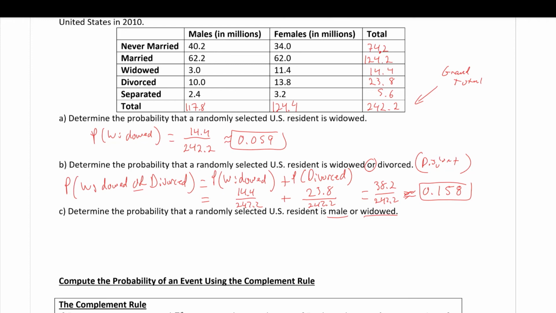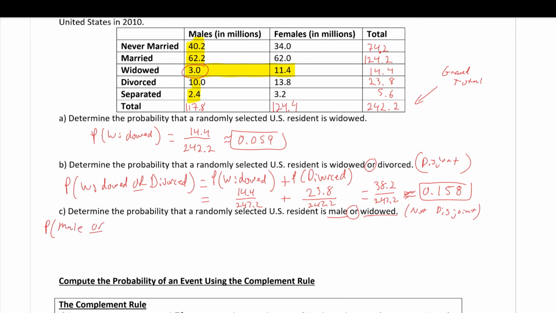Again, we have to ask ourselves with these "or" probabilities, are these two events disjoint? Does there exist people that are both male and widowed? Well, yeah. The intersection of males, these are all the males, and these are all the widowed, so the intersection here is right there. This is not disjoint. So we have to use the general rule. So the probability of male